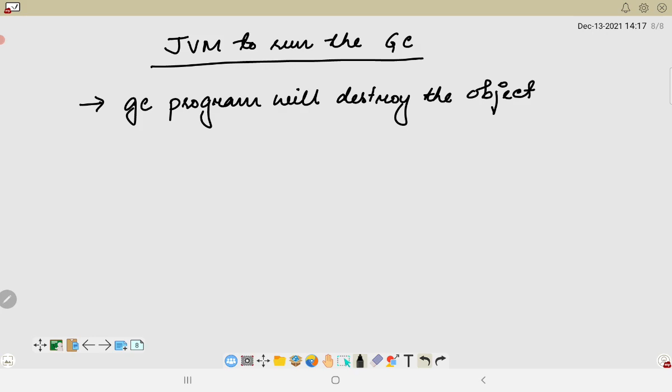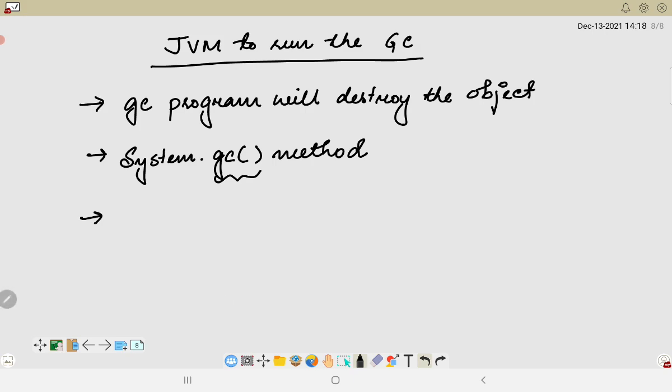There are two ways to do that. First one is using the System.gc method. This is a System class which contains the static method gc. It is a static method and it requests the JVM to run the garbage collector.